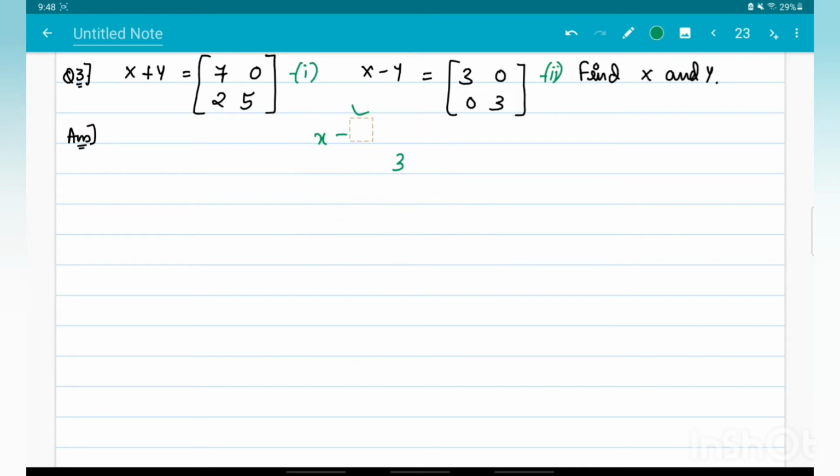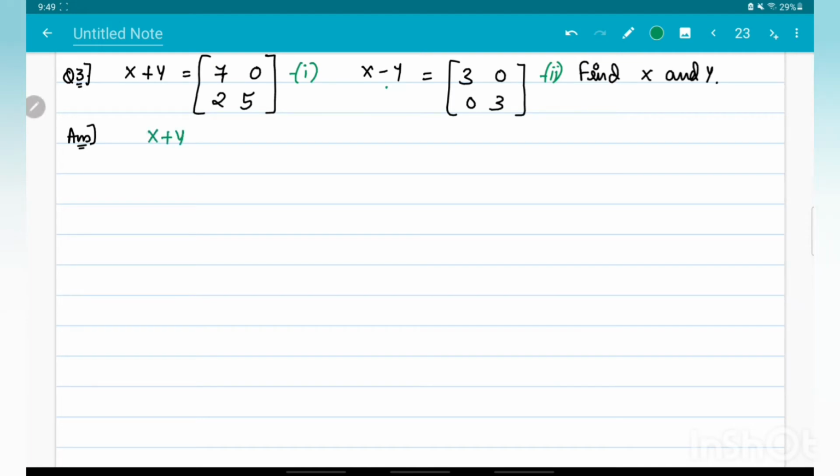So if you can see in this question, both the x are positive, but both the y's have opposite signs. So similarly, if I do the elimination method over here, if I add both of these matrices, then what am I going to get? I will get x, and then I can find the value of x, which will also be a matrix only, and then I'm going to substitute it in one of the equations and I will find the value of y. That is what I'm going to do here. So I'm going to add both of these equations.